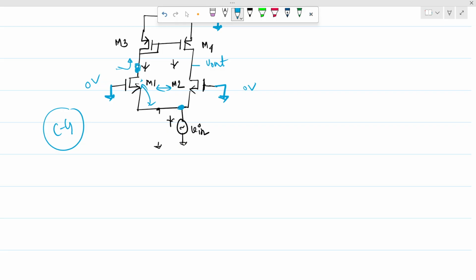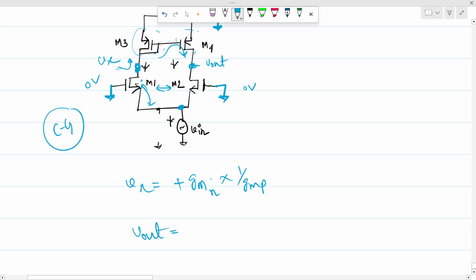So let's say this is the Vx. So Vx is nothing but GMN times the looking-in impedance from here. This will be nothing but 1 over GMP, right? This is a diode connected load, so this will be 1 over GMP. Now from here to here, what is the gain again? The gain is nothing but this GM times the R out present here. So now, let's say V out